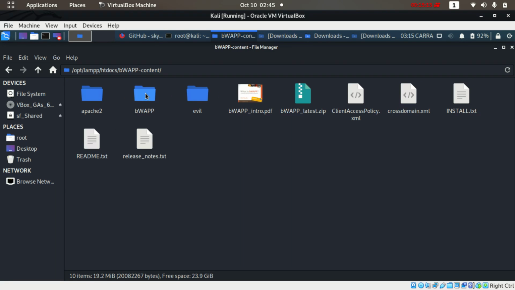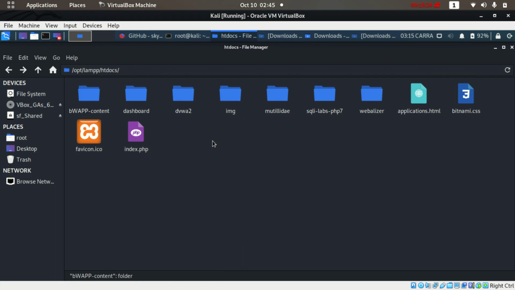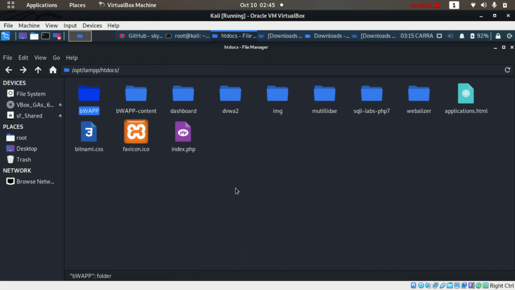We'll try to bring this folder into the htdocs directory. For that we can copy and paste it here. This is the folder we want, and